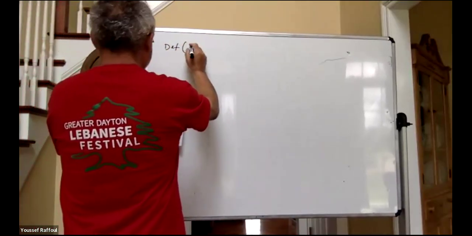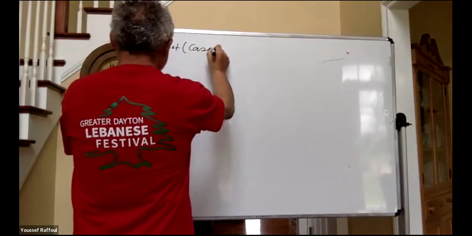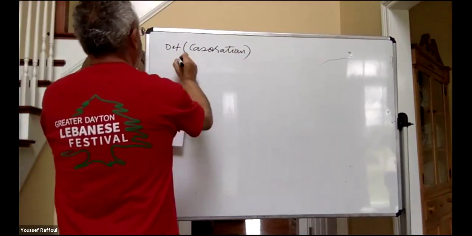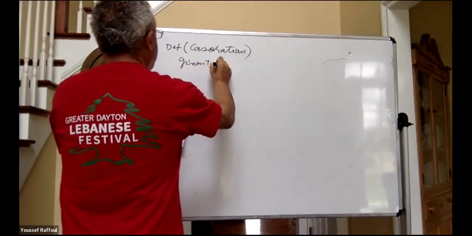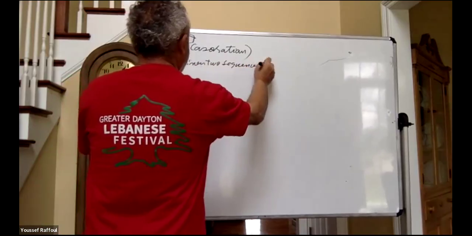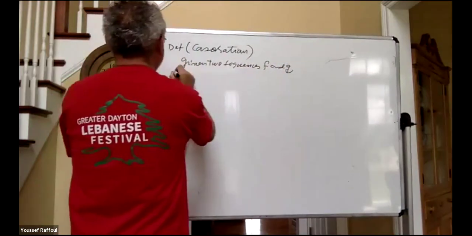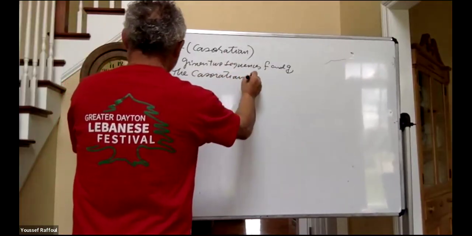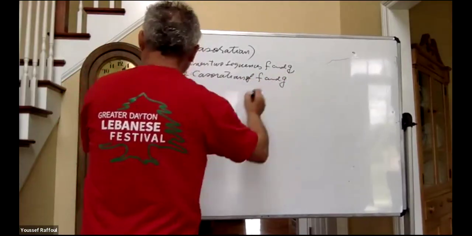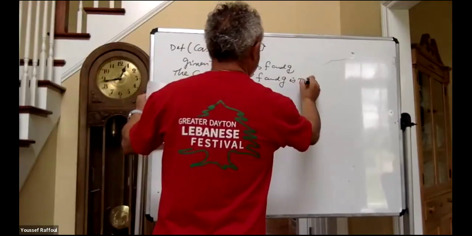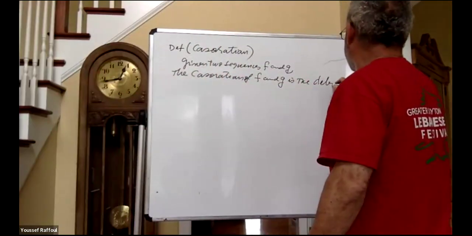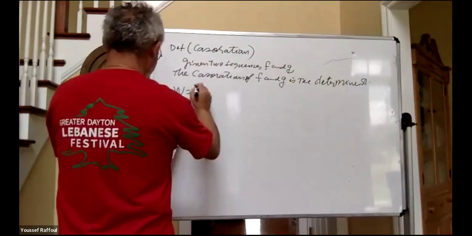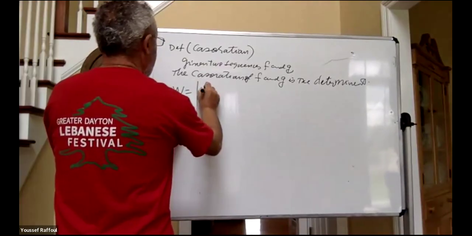Definition. This is the Casoratian. Given two sequences F and G, the Casoratian of F and G is the determinant W equal to F_n